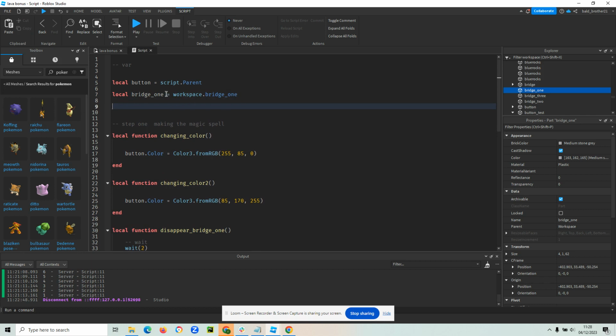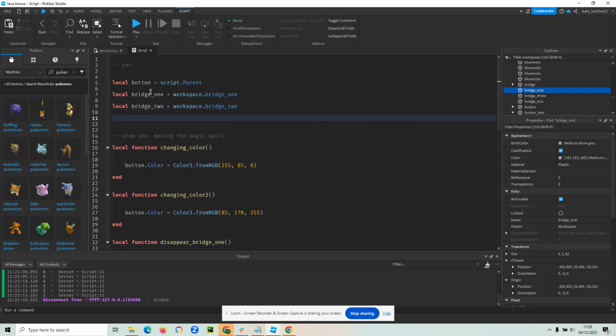So go to the top of your code, and all your variables should be first. So we want to say local bridge 2 equals workspace dot bridge 2,